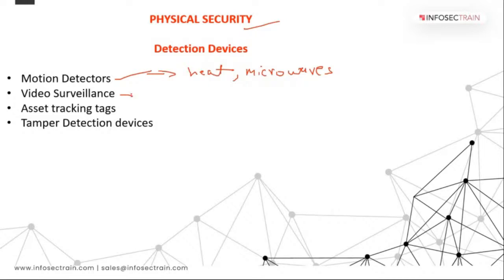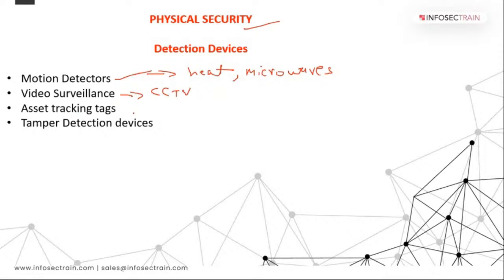Next we have is video surveillance. So in video surveillance we have CCTV cameras, right? So to find out who is in the video, in front of the server room. So if I have a server room, guys, I will put a CCTV camera over there and a security guard that is watching that CCTV again and again, so that if any person arrives in front of the server room and tries to get inside, he will be caught.